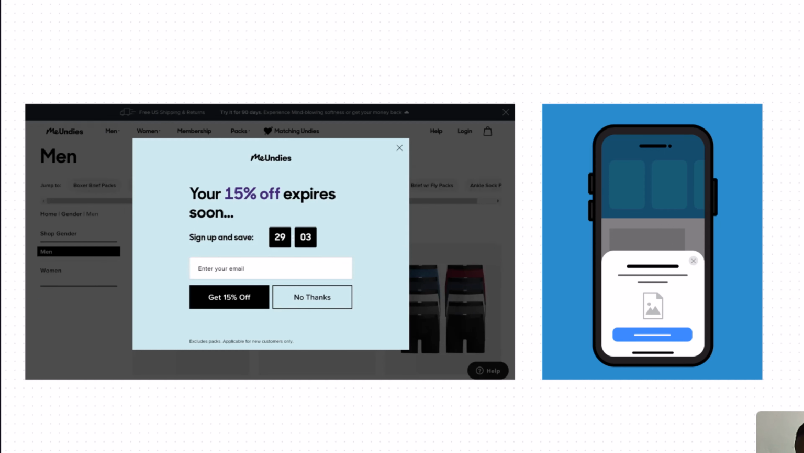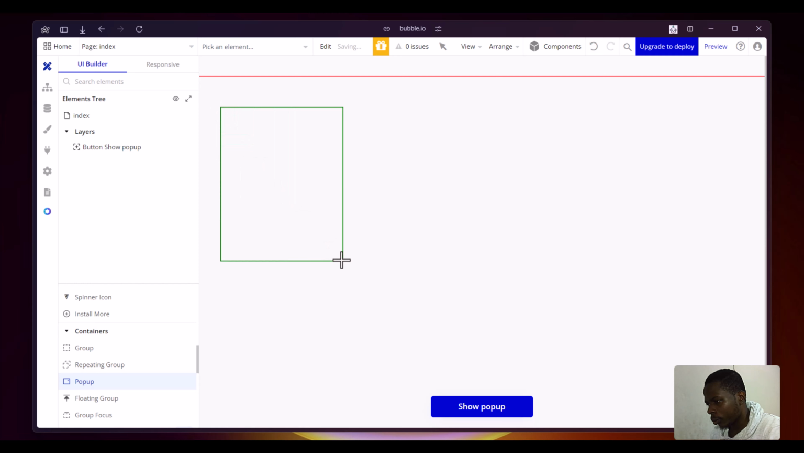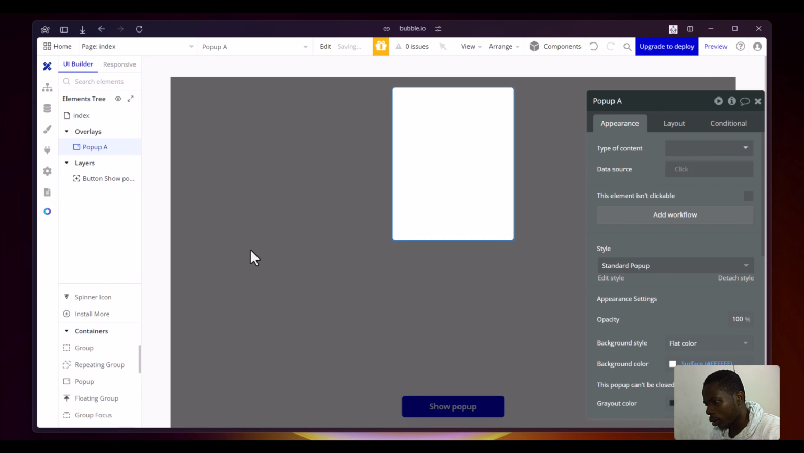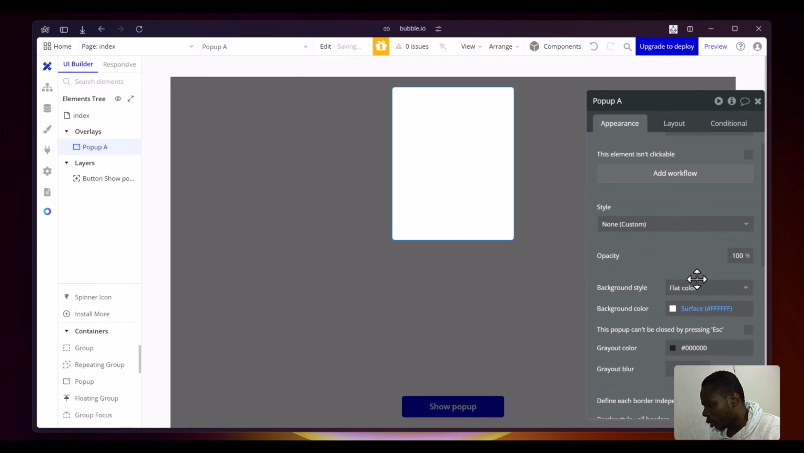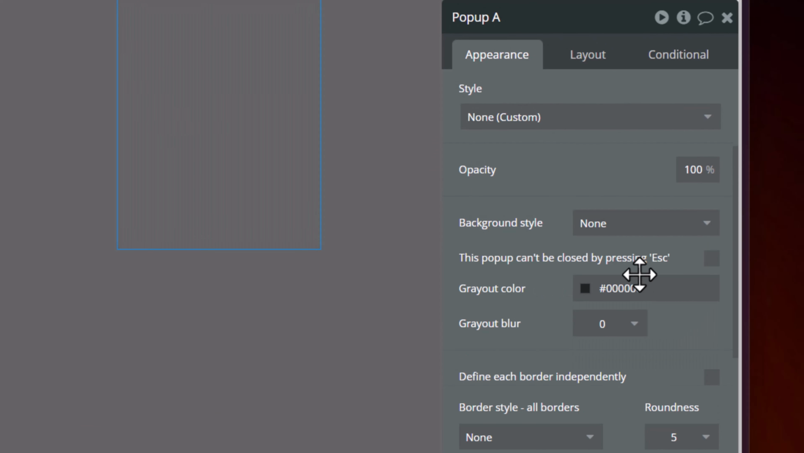better pop-ups. So what you want to do is put a pop-up on the screen just like that. I'll just reduce this one like this. Detach the style and give it a transparent background. So background color should be none. Okay,